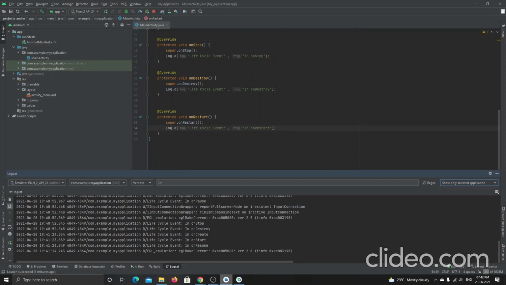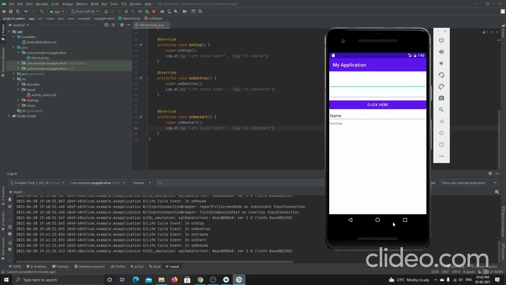When I pressed the back button, it showed me on stop, then it came to on destroy, and then when I go back from the app drawer, it is in on create. It started from on create, on start and on resume.